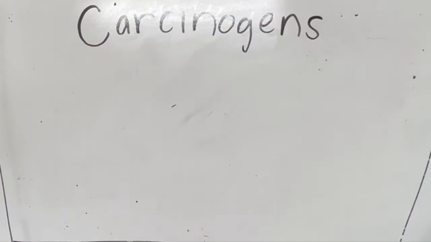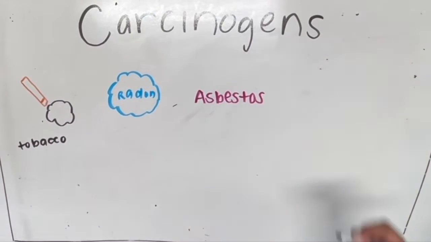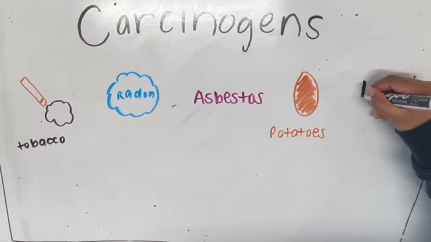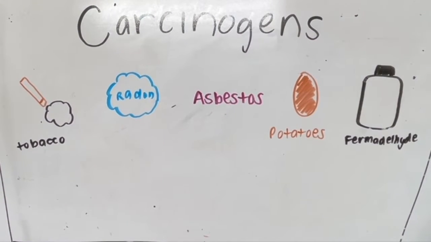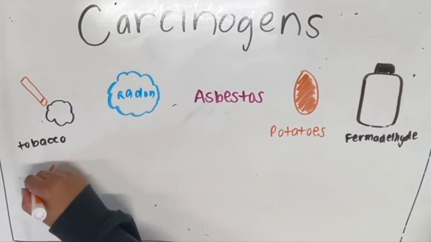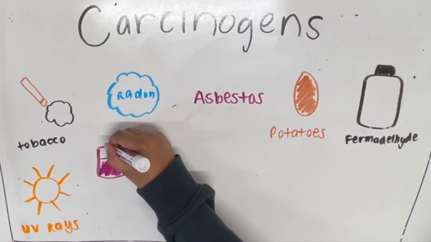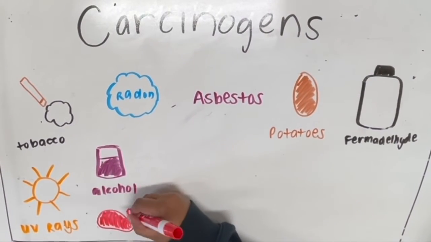Carcinogens are substances that are capable of causing cancer. Common carcinogens include tobacco, which contains at least 70 chemicals that are known to cause cancer by damaging DNA, radon, which is a gas occurring in nature but can break down the lining of lungs if built up indoors, asbestos, certain vegetables at high temperatures, which release a chemical called acrylamide, formaldehyde, which is a chemical in many household products,